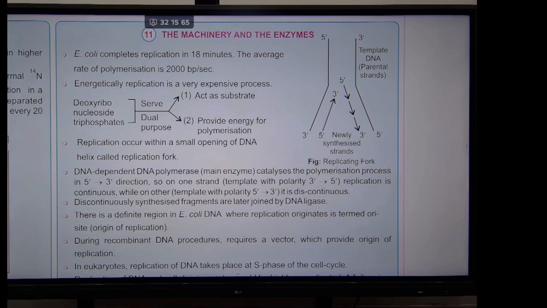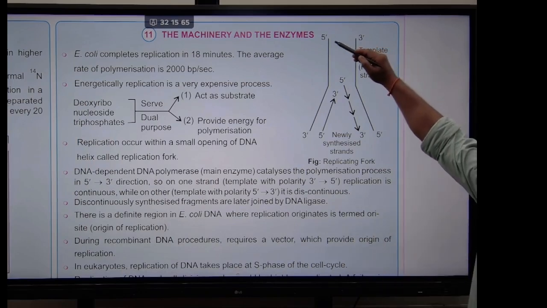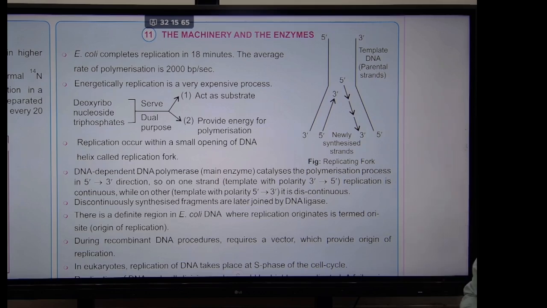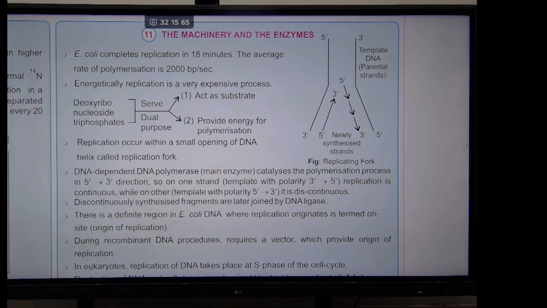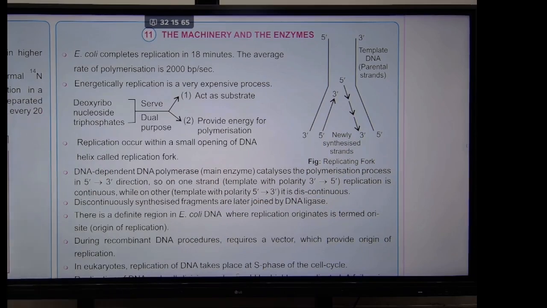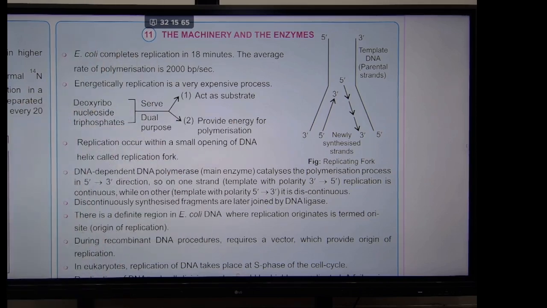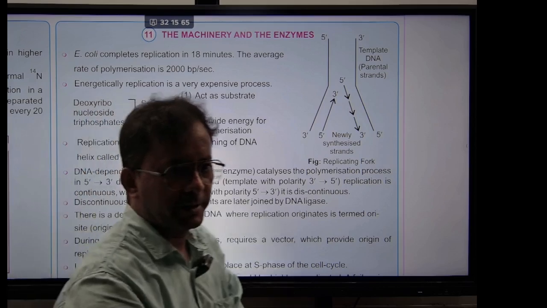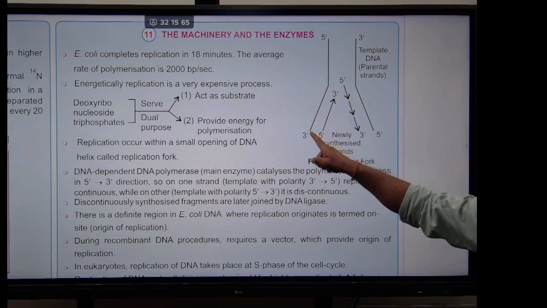Then there are 2 strands here, correct? DNA is always made up of 2 strands. One goes in 5' to 3' direction, the other one 3' to 5'. And remember one very important point. The synthesis of a nucleic acid is always in 5' to 3' direction, because DNA polymerase can add new phosphodiester bonds only in 5' to 3' direction. So because of this small glitch, the replication always occurs in a continuous process on one strand and discontinuous on